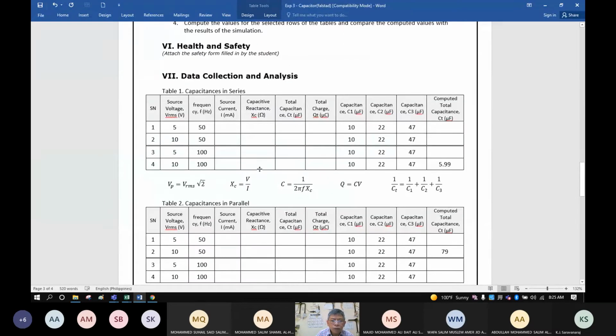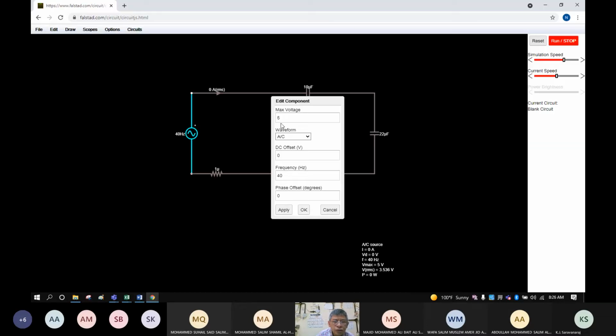I want to perform row number 4. Given is 10 volts VRMS, then the frequency is 100. So I need to change this to 10, and my frequency is 100 here. Then apply.